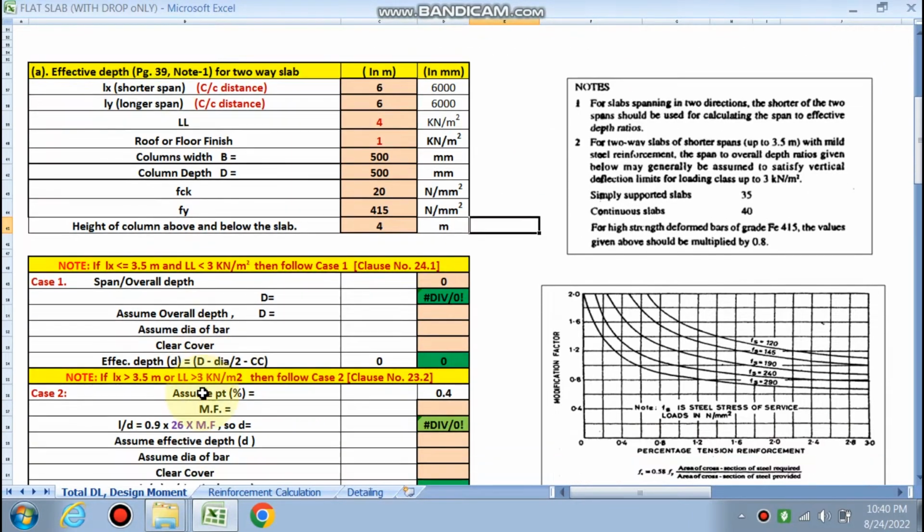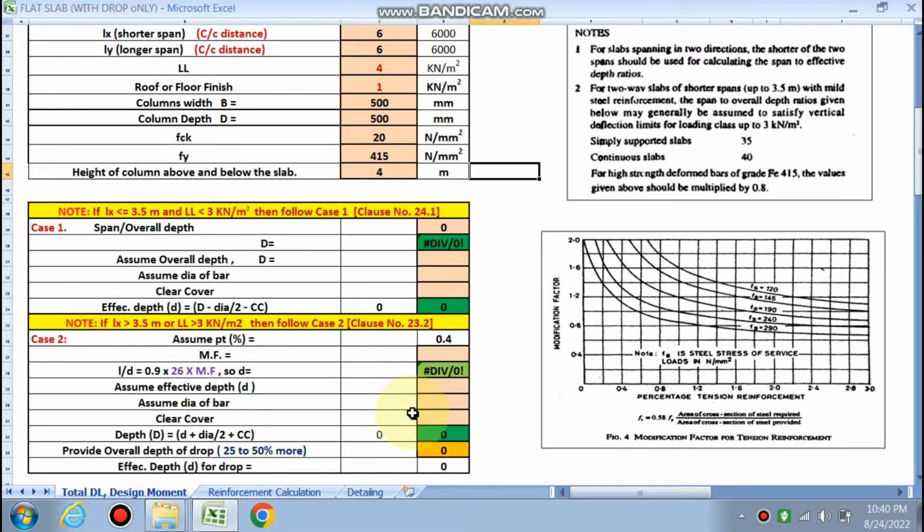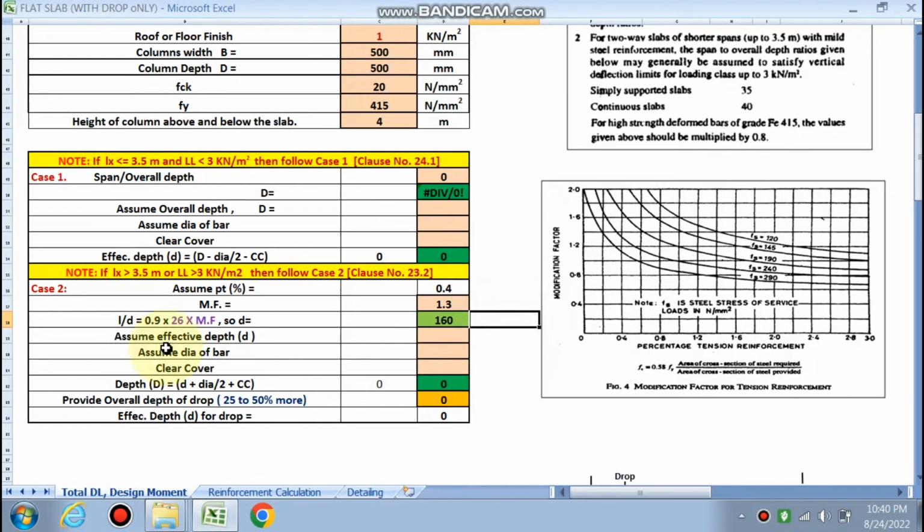Next we have to find the effective depth of the slab, and in this case LX is greater than 3.5 and live load is also greater than 3 kN per meter square. We have to choose this case 2. Assume the Pt percentage 0.4, modification factor is 1.3 by this graph. We have already done this, right? So L by D ratio is 160. We have to assume greater than this. If we assume 175, and assume the bar diameter 10 mm, which we generally use, and 20 mm clear cover,